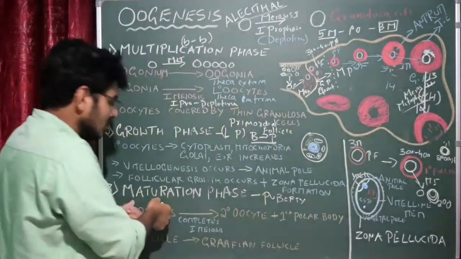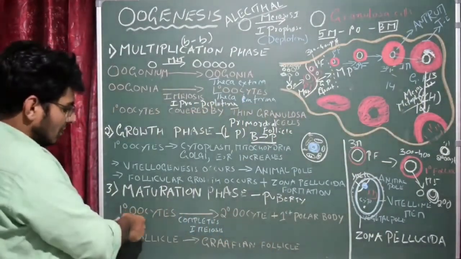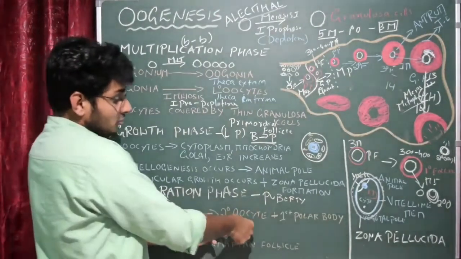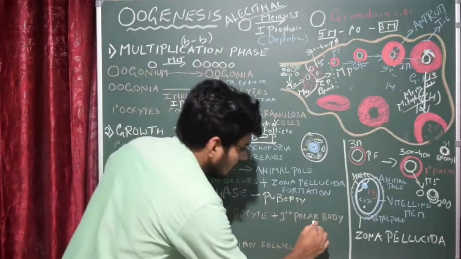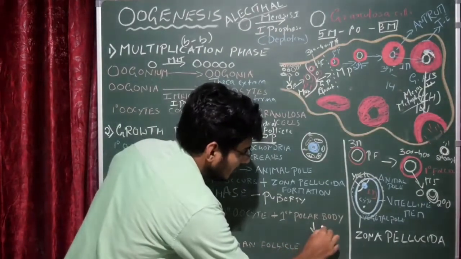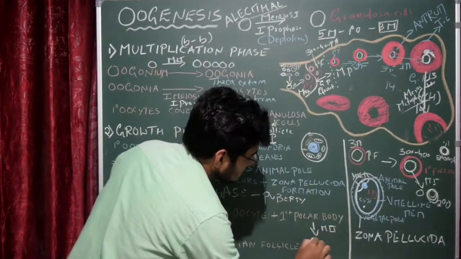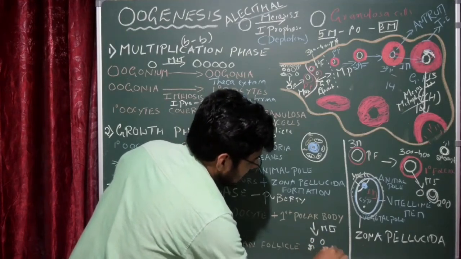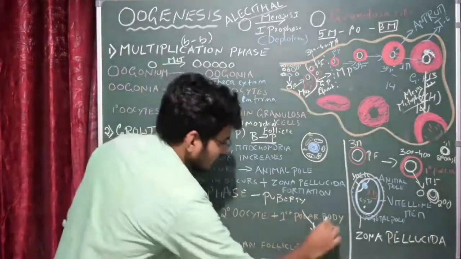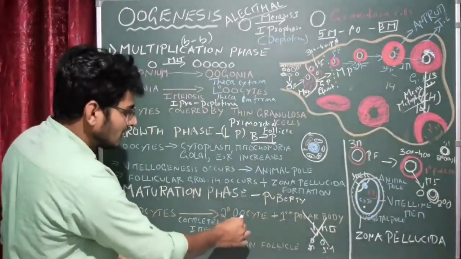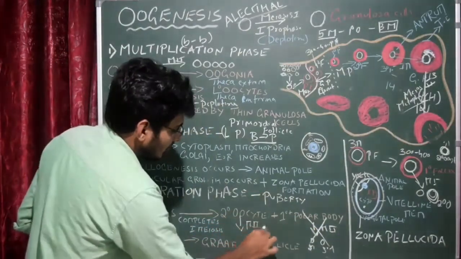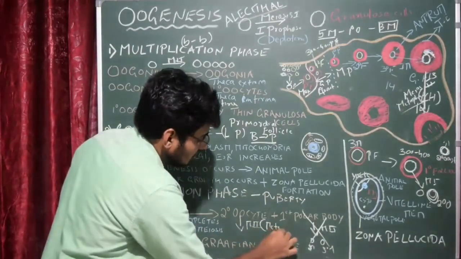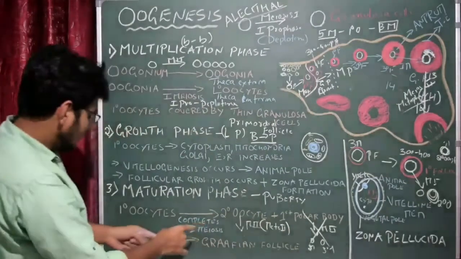So that phase is called as the maturation phase. Here I have written the primary oocyte completes first meiosis and forms secondary oocyte and first polar body. The first polar body now within the Graafian follicle completes its meiosis 2 and produces two more cells. We call them second polar body and third polar body. They degenerate. There is no work. This secondary oocyte now undergoes meiosis 2 and gets arrested in metaphase 2. Okay, so that is the thing.